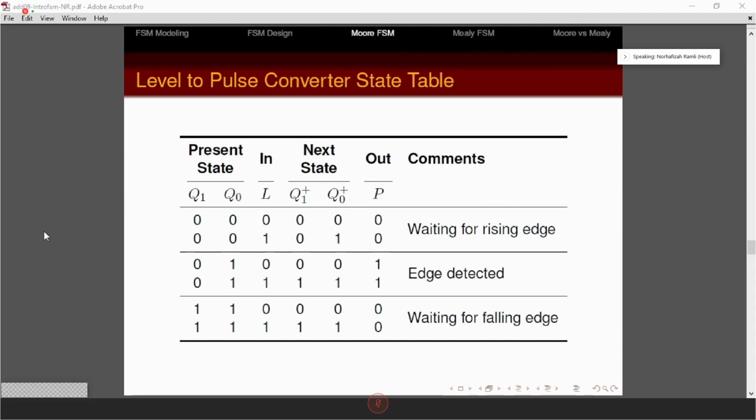Right, let me use a smaller pen. Actually, this Q1 plus is representing D1 for flip-flop D1, and Q0 plus is actually representing the input for flip-flop D0. The reason is we use D flip-flop, and remember for D flip-flop, Q1 plus is equal to D1 and Q0 plus is equal to D0, or vice versa. So again, if you look at it from state 0, 0, if your input L is still 0,